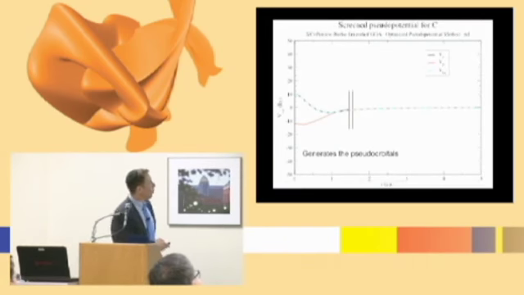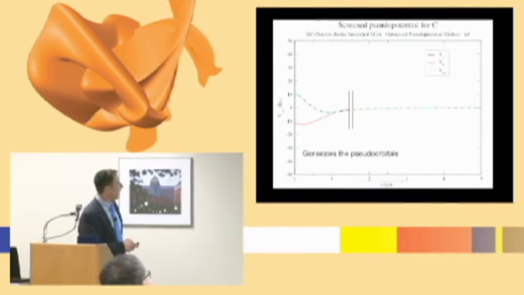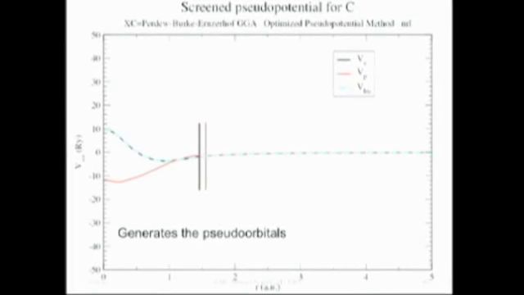So here's, for example, what a screened pseudopotential looks like for carbon, and you see it doesn't look anything like a 1 over R or a Z over R sort of potential. It's very shallow. Here's that cutoff length. You see it's essentially 0 out here,